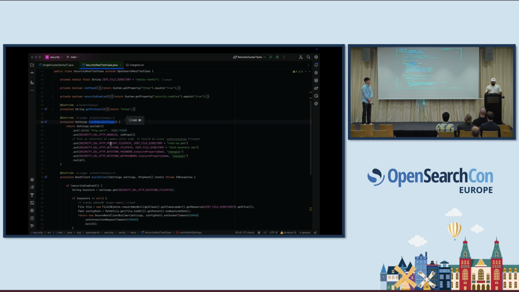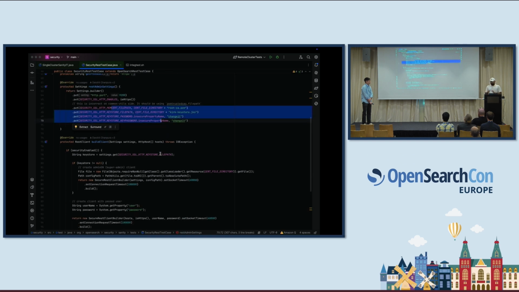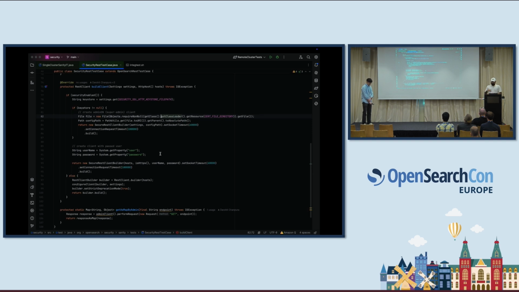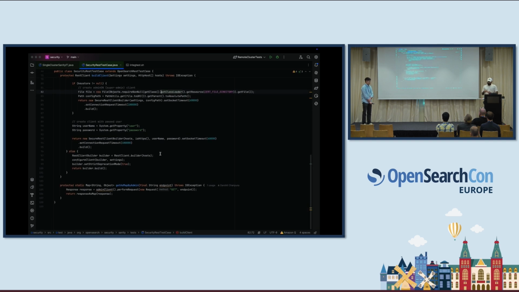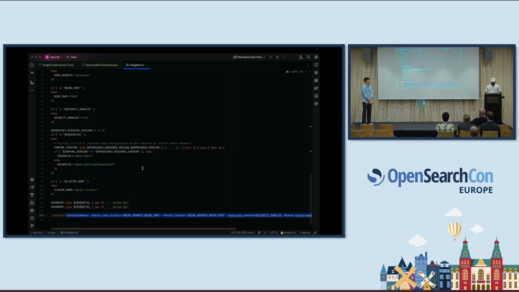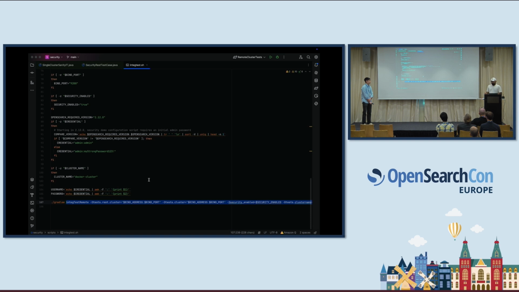demo, the integ test remote class or remote test task, which is what is used to accept the URL parameter for the remote cluster running. And in our case, since it's security enabled, we'll pass in a few more arguments. Fun fact, this is actually used in today's release cadence for OpenSearch, where it runs these tests against a simple sanity check for